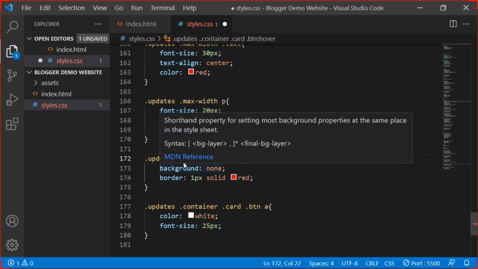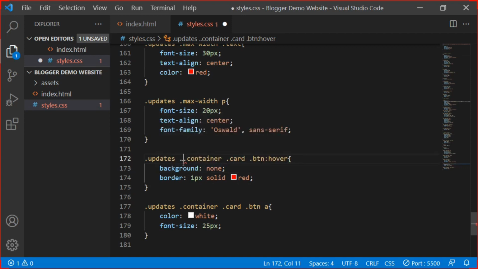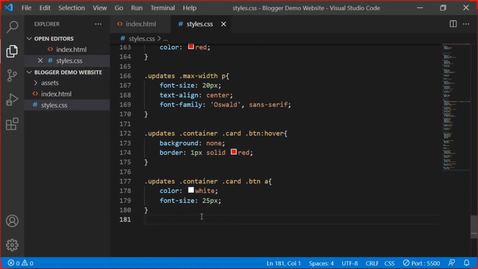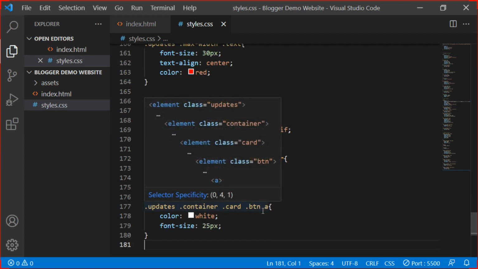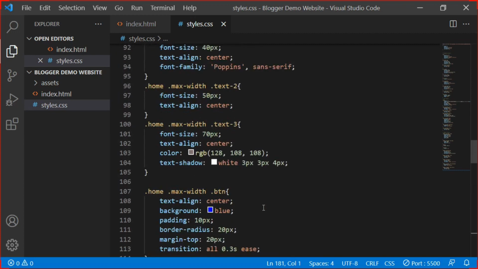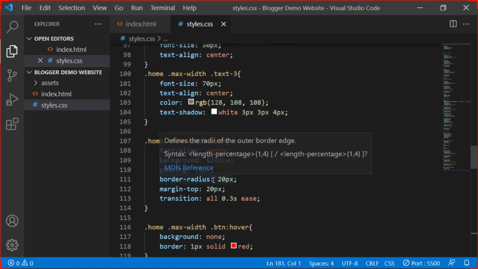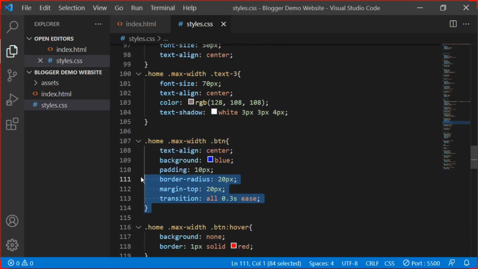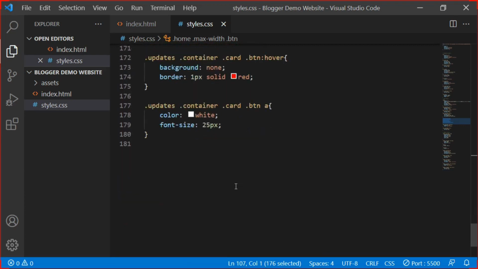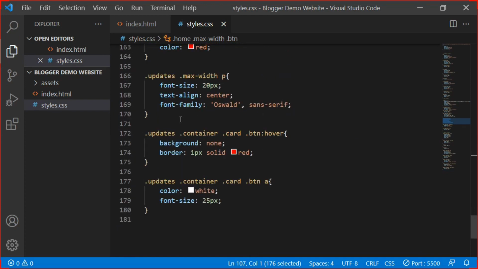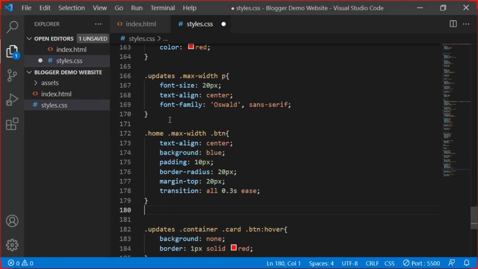and then what else, which property have I missed? Is everything okay? So just realize that there is a property that we've left out. There's a styling that we have left out. So let me copy this styling. I forgot to copy. So this part. Let me just copy this section, and then let me paste it here. And let me just paste it there. But now changing to this is updates,